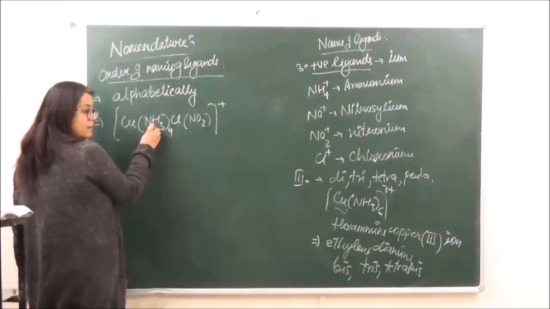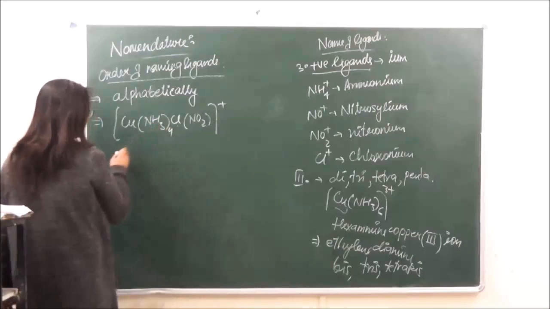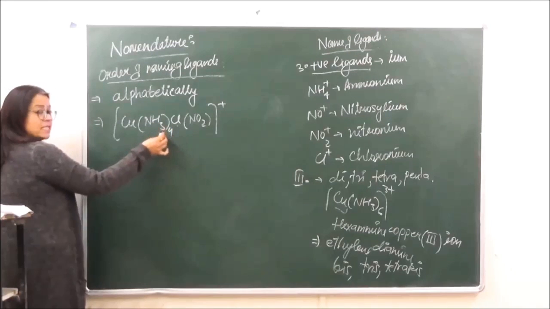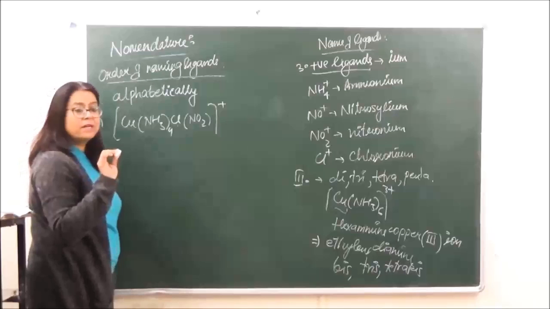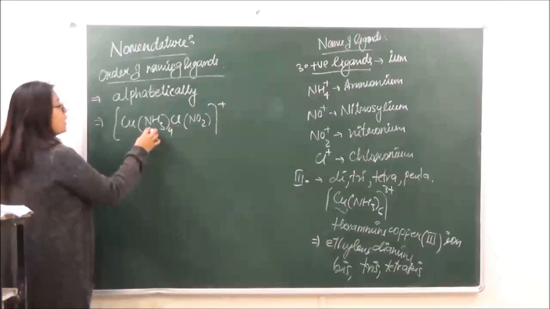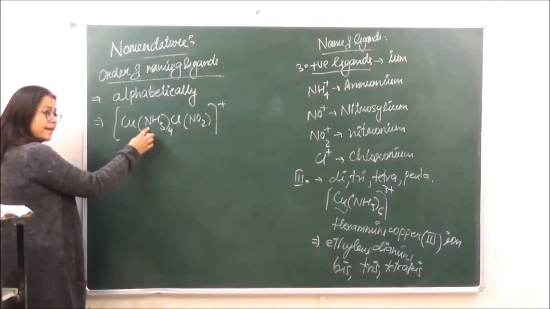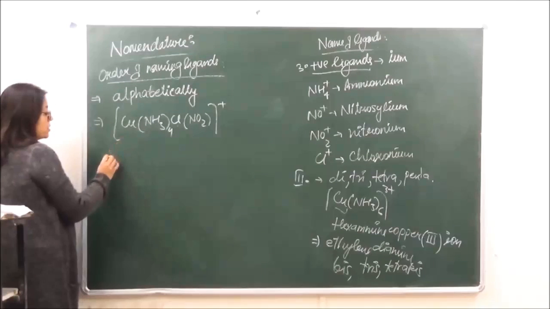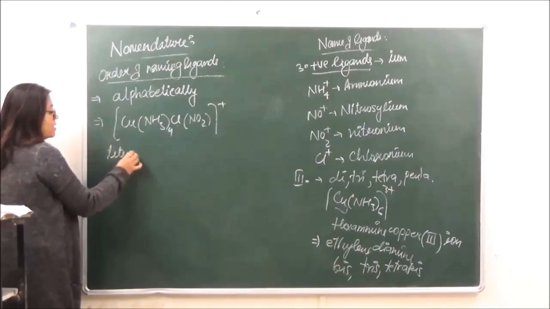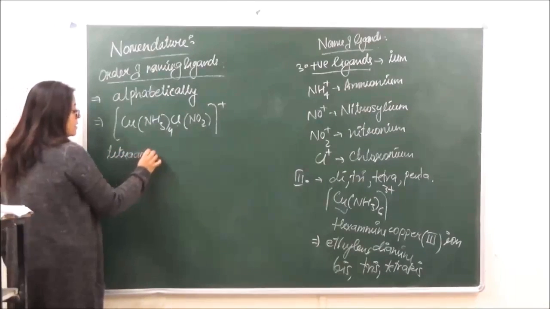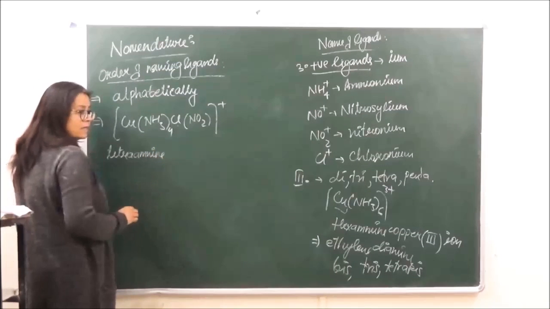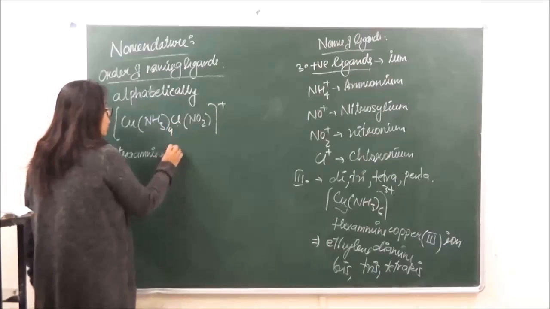तो सबसे पहले अमीन आएगा, टेट्रा अमीन. द प्रीफिक्स टेट्रा उसका अल्फाबेट हमको नहीं कंसिडर करना है, हमको अल्फाबेट इसका कंसिडर करना है लिगेंड का. ओके, सो दिस इज गोइंग टू बी टेट्रा अमीन. उसके बाद आएगा क्लोरिडो.